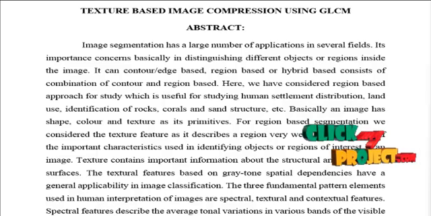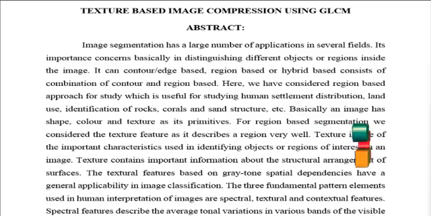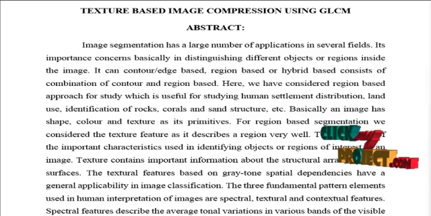Image segmentation has a large number of applications in several fields. Its importance concerns basically distinguishing different objects or regions inside the image. It can be contour or edge based, region based, or hybrid based, consisting of the combination of contour and region based. Here we have considered region-based approaches for the study, which is used for the identification of different structures